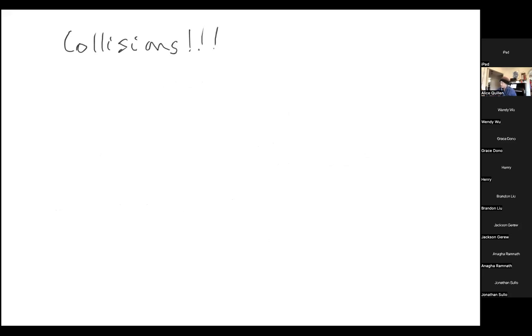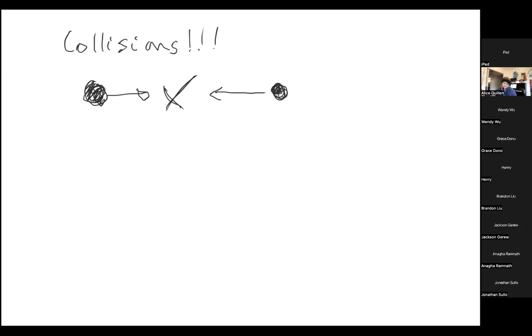Yay. Okay, so what happens in a collision? The basic setting is you've got some particle moving at some velocity, and you've got some other particle moving at some other velocity, and something happens and they whack each other. And then